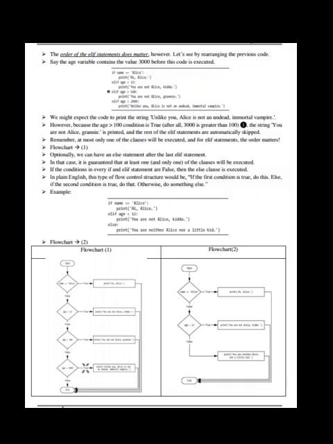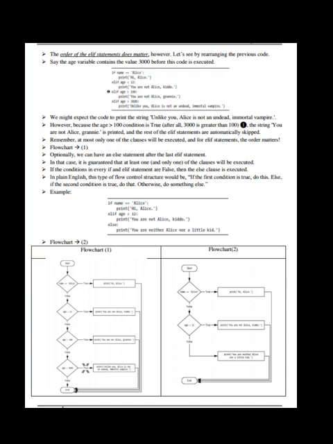The order of the elif statements does matter. Let's see by rearranging the previous code. Say the age variable contains the value 3000. Before this code is executed, we might expect it to print the string: unlike you, Alice is not an undead immortal vampire.